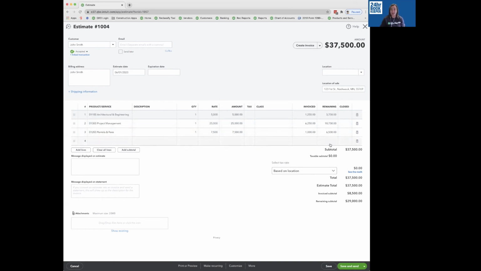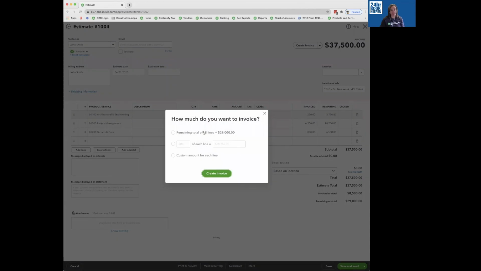Okay, so now I've got this amount of $37,500. I've invoiced $8,500 and my remaining is $2,900. Now let's say I'm in the next phase and I'm ready to bill again. I can open up my estimate, create invoice. I have the same options. Do I want to bill the remaining amount? Do I want to bill a percentage, or do I want to do a custom? If I were to do a custom amount again,